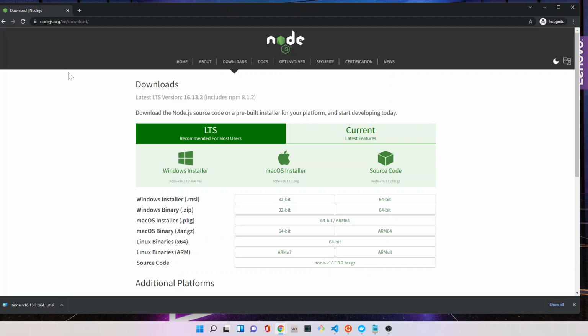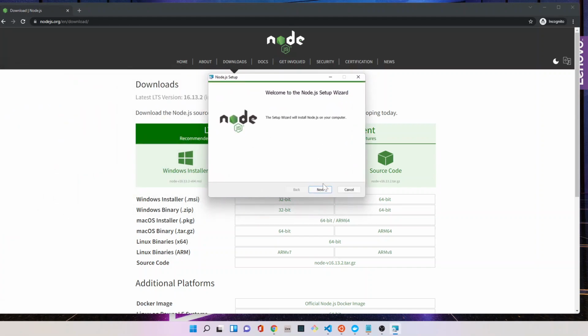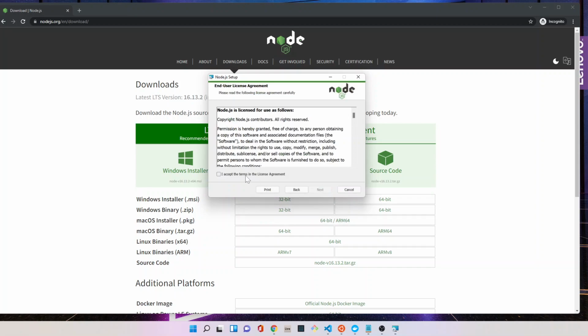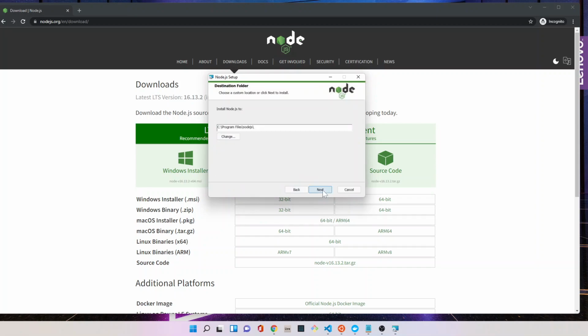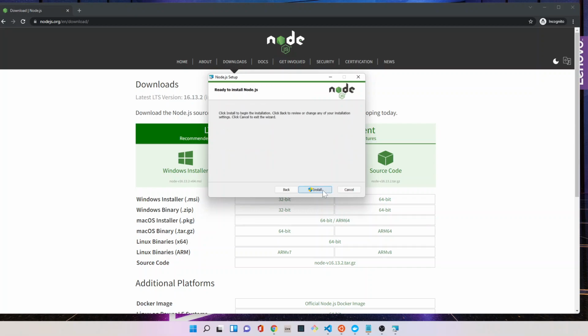So to kick things off, you're going to want to go to Google, download Node, N-O-D-E, and it should come to a page similar to this. I'm on a Windows machine, so I chose the 64-bit installer over here. And I'm just going to kick that off in the meantime. So we're going to open that up for the Windows installer. And if you've ever installed anything on Windows before, it's very much the same thing. You know, you have to accept. And basically, we're just going to accept all the defaults